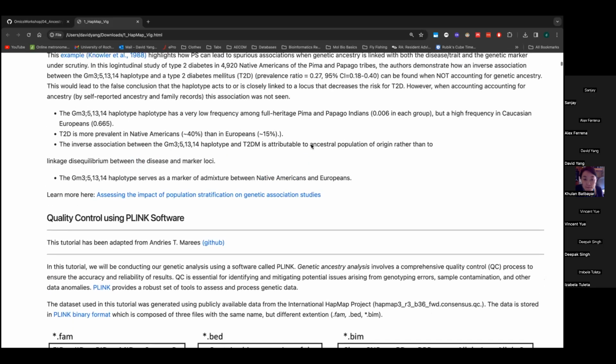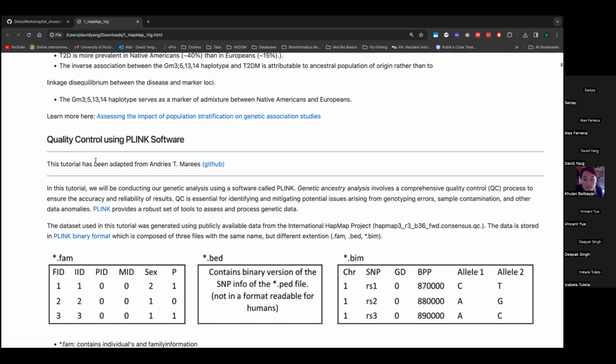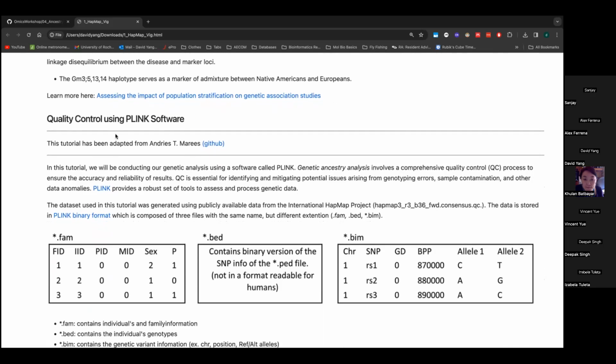And so we'll be going into some of the methods that are commonly used to actually get at this using SNP data. And the program that I'll be teaching today is called PLINK,